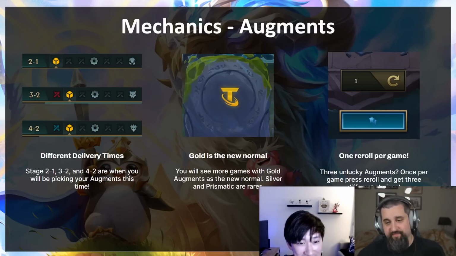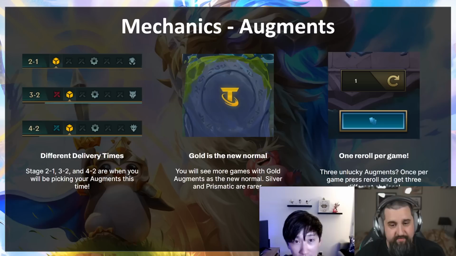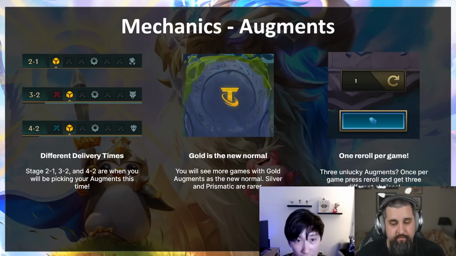All right, augments. Set 6 was the first time we introduced augments. We had a lot of learnings coming out of it. And so while working on this, there were some really clear goals about what to do with augments and what kind of problems we wanted to solve. So I'll get to those as we approach them. But going right into it,